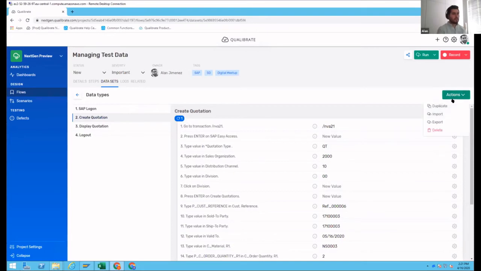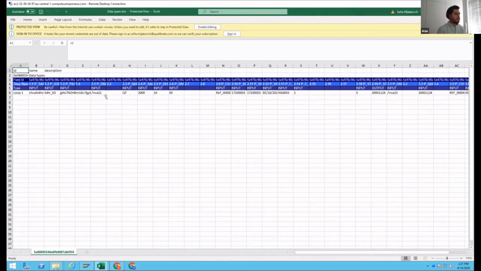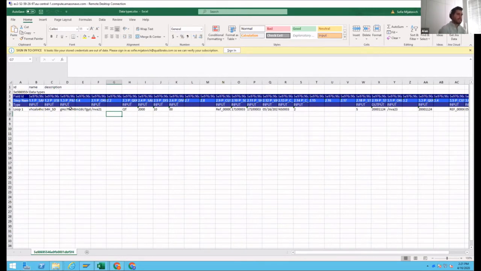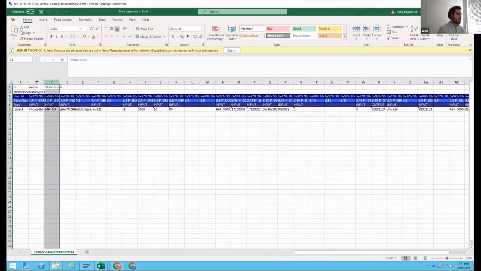Just to show you that example, what I can do here is export this dataset, and you can see that I have exported an Excel file. And if I open the Excel file, here I open the dataset that was just exported. And this export requires an explanation in itself, because there is a specific structure that we export as a template. There are some really critical pieces of information in here that we need whenever we import it back. The most important aspect from a business standpoint here is that you have all the data that is part of the system, right?